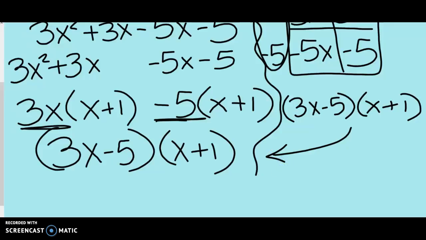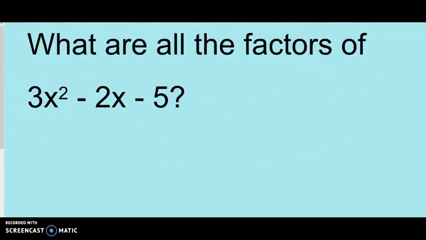All right, so there is one more method, you can guess and check. So I'm going to erase this real quick and see if we can do a guess and check. Okay, so the guessing and checking method works really well if these numbers are prime, because you don't have too many options when they're prime. So we're going to go